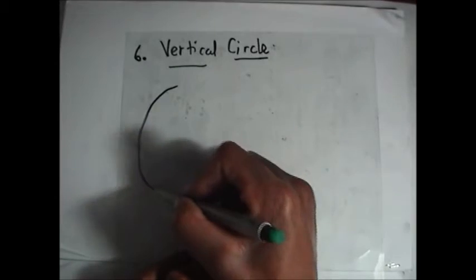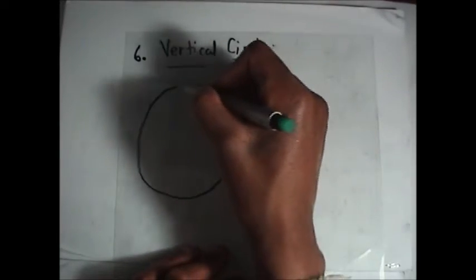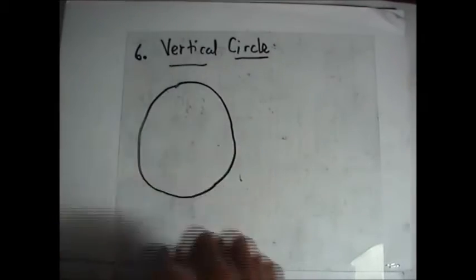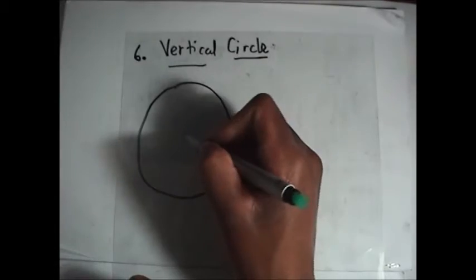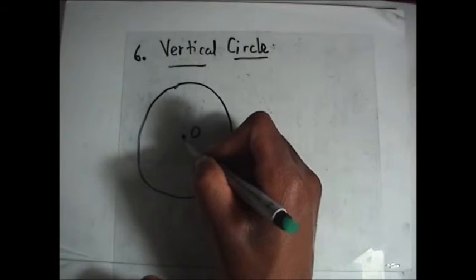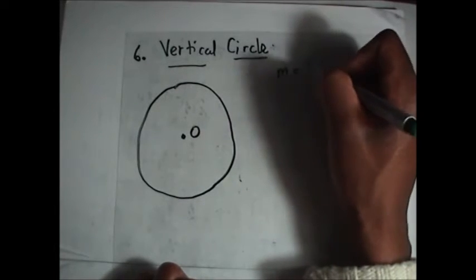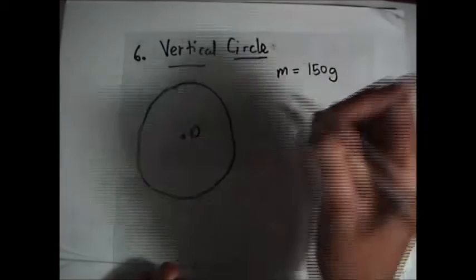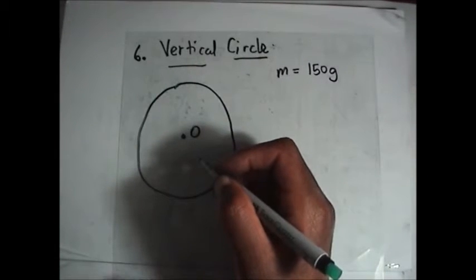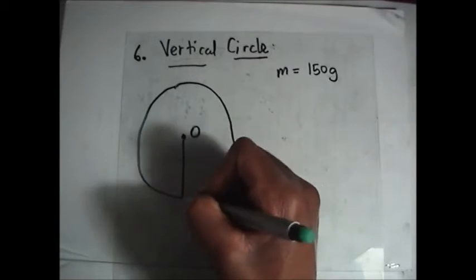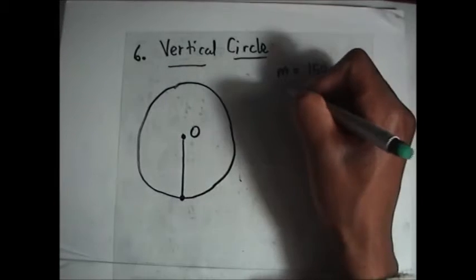The situation is like this. Let me draw it and then I'll explain it. Consider this to be a vertical circle. So it's vertical, we're just looking at it from the side. And here is the center of the circle. Now we have a ball of mass 150 grams on the end of a 110 long cord revolving in a vertical circle. So here, the radius will be equal to